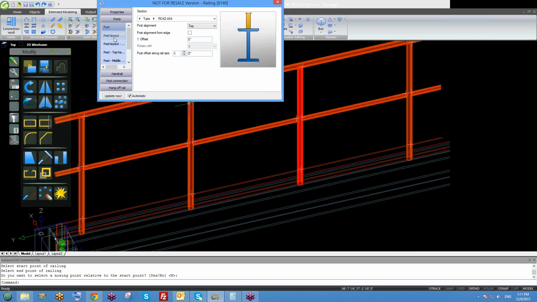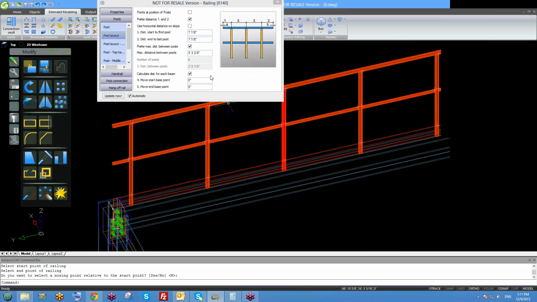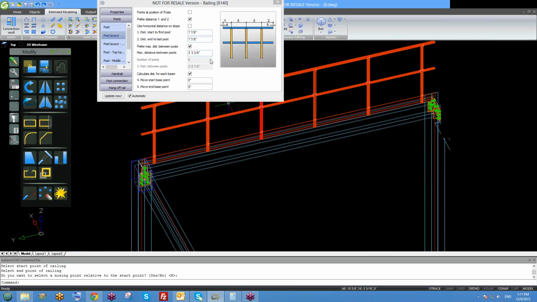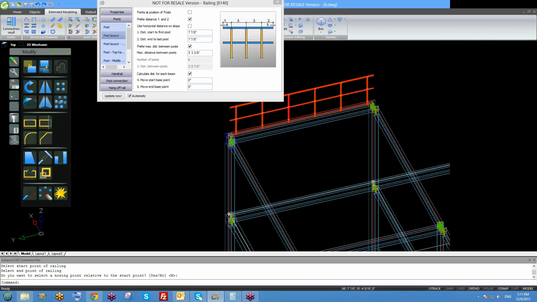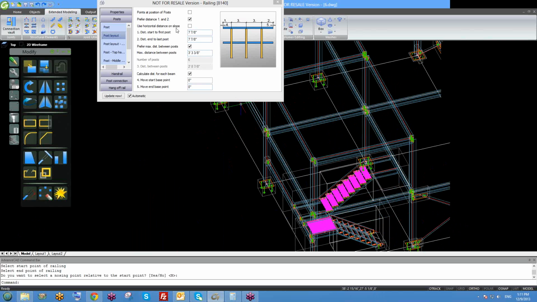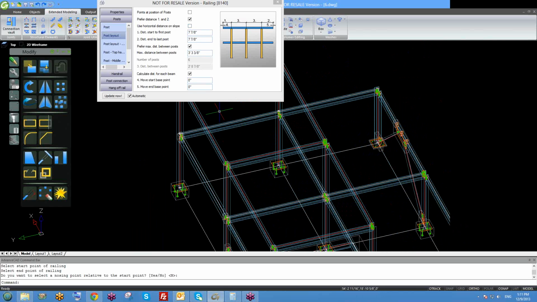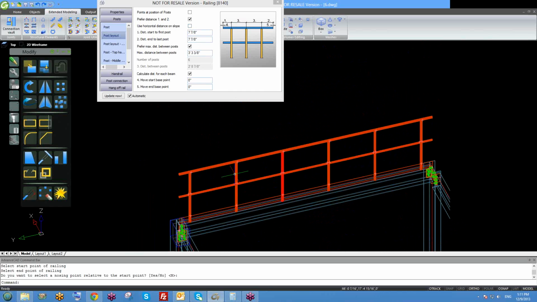Okay. So I go to post layout. Under post layout, we have this item here, use horizontal distance on a slope. This one is used if you have this post, this railing on your stair. Here we're going to see that. In this case, it doesn't matter if you check that or not. All right, so